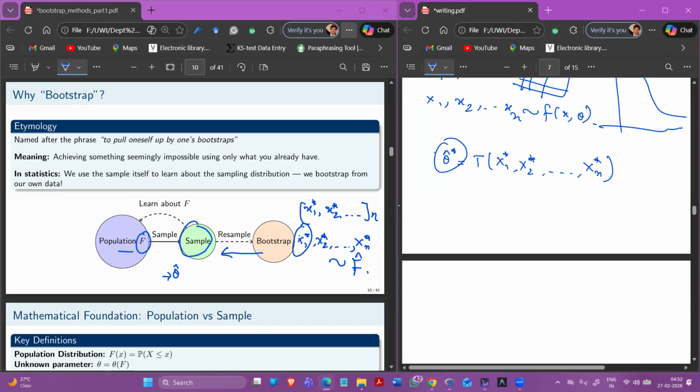We have the parameter and the statistic. So we compute the statistic. It may be median, mode, sample mean, or sample variance, whatever we want to compute, with respect to each sample. And we will repeat it